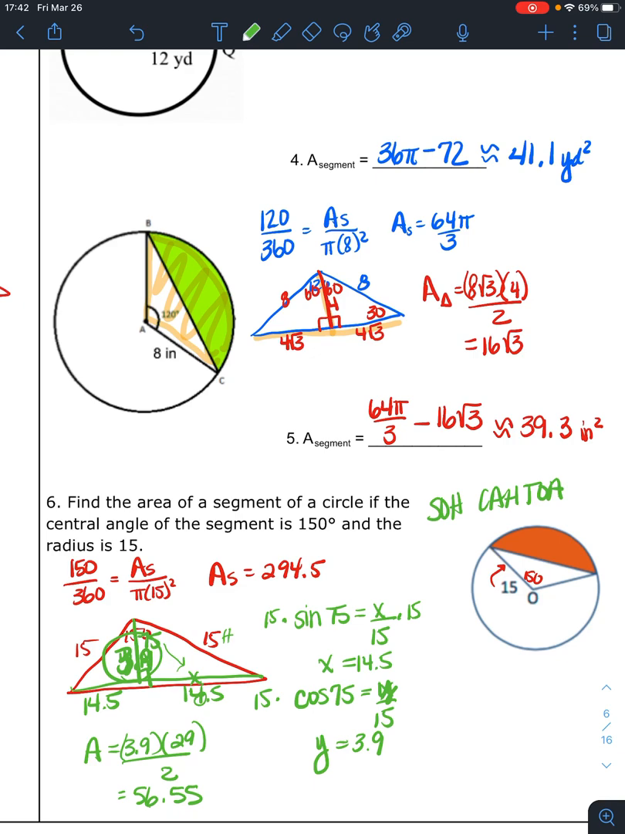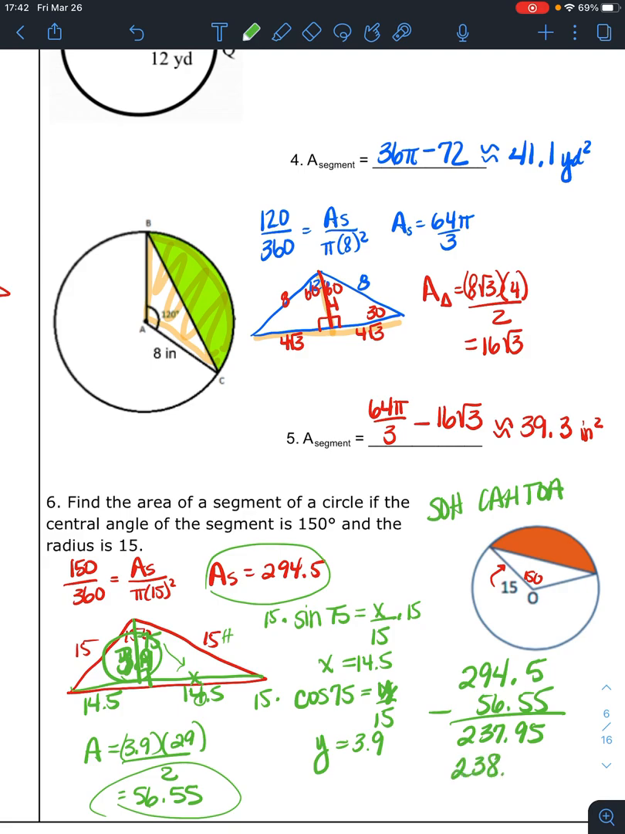Now you may be asked to carry these decimals out, so you'll want to go back in and use your previous answers. If it tells you not to round until the very end of the problem, you want to keep all of those decimals. And so now we take the area of our sector and we subtract the area of the triangle. So we take 294.5 and you subtract 56.55. And you get 237.95, which would round to